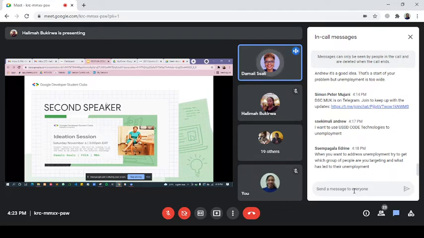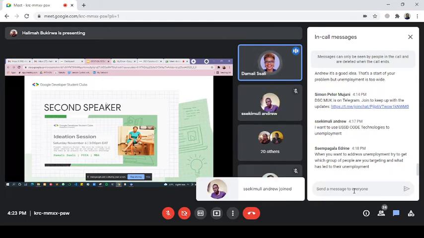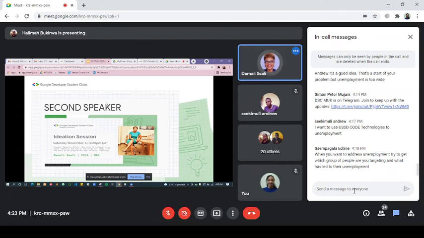is, has your solution been tested? Even if it's been tested on 5 people, has it been tested? If it's a yes or no, you get some marks. If it's a no, of course you get no marks, but if it's a yes, you get some marks. Then they also ask, has your solution had any feedback and then corrections? If it's a yes, then you get some marks. If it's a no, then you don't. So they literally break down what your solution is supposed to have. Like I said, they've literally stolen the exams for you.